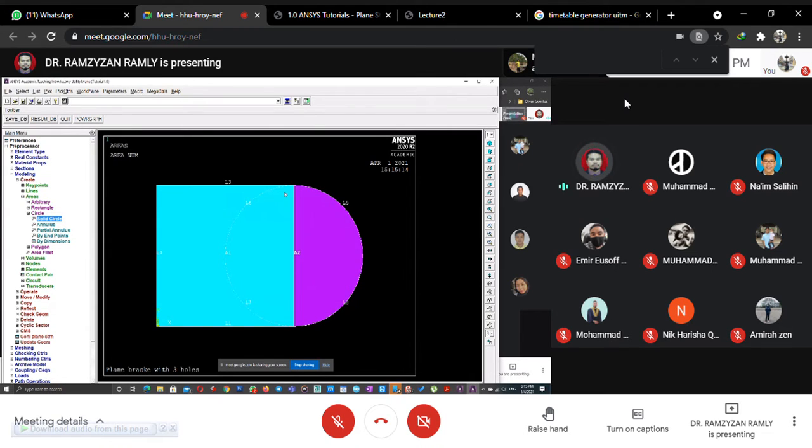Now we have two different components, yeah, a square component and a circle component. So we want to merge these two, jadikan dia one, okay, by using